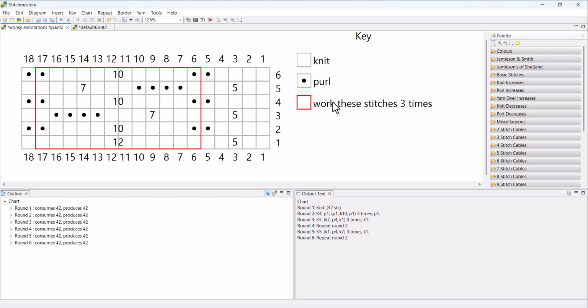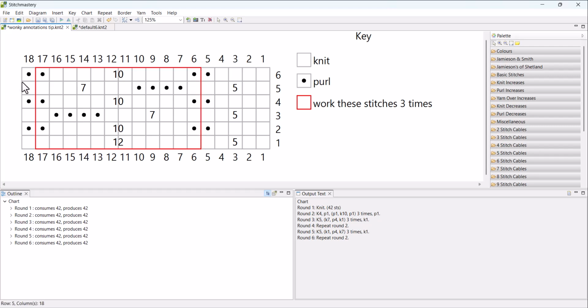So for instance, if you're offering different sizes for a garment, and you might say work these stitches 3 times for the small size, 4 times for the medium, 5 for the large, or something along those lines. And if that was the case, you might be then having an annotation which is saying 36, 48 or 60 across here. So it's not practical, it would be very confusing. So that is one thing that Stitch Mastery doesn't do.